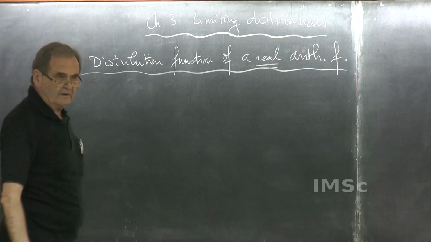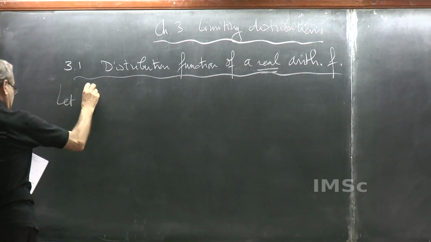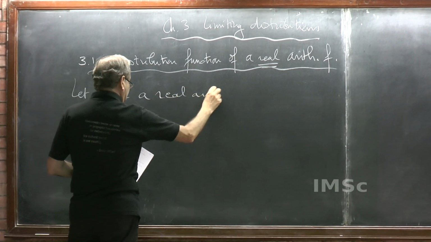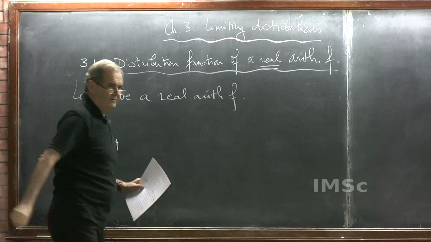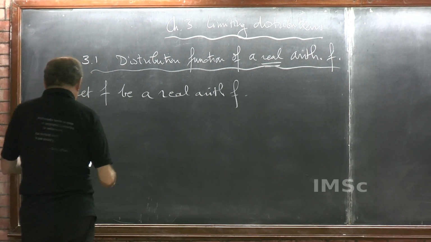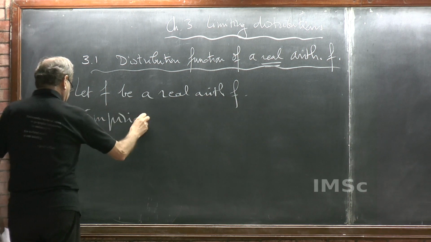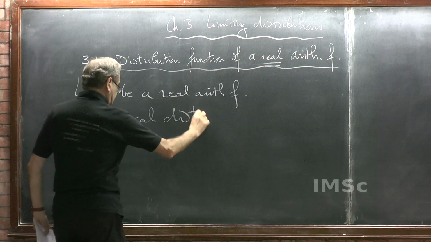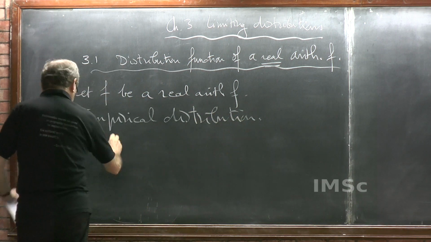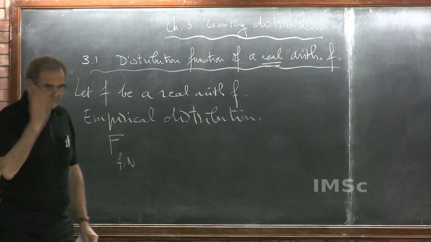Okay, so we look at real arithmetic functions. Let f be a real arithmetic function, and we look at its empirical distribution first. So the empirical distribution, you do the following: this distribution depends on n, you truncate at n, you look